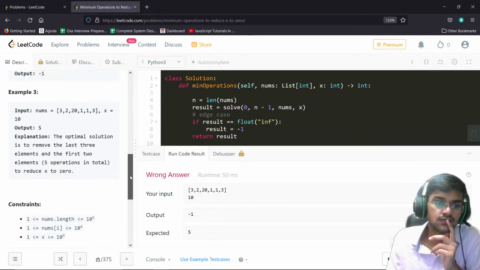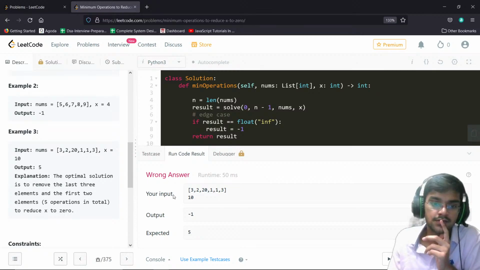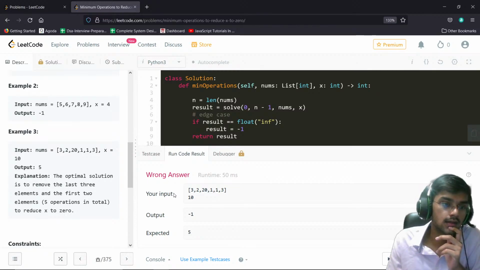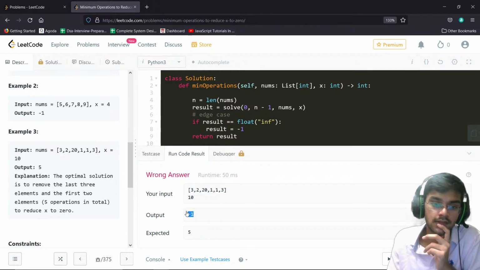My output is minus 1. 3 2 20 1 1 3, and x is 10, and output is minus 1. Expected is 5. Makes sense. Okay, so